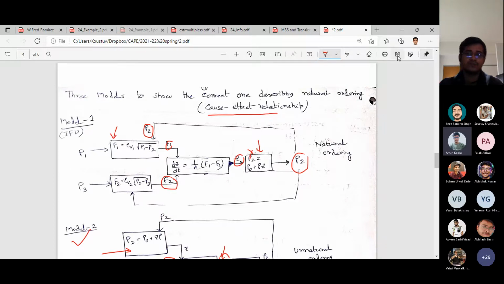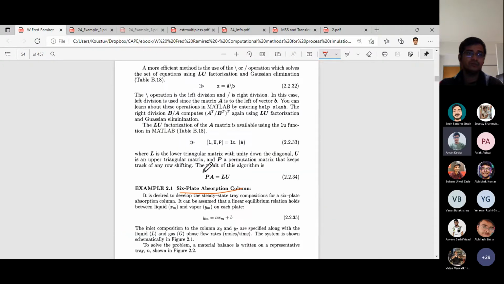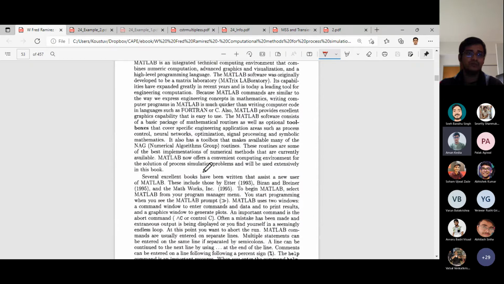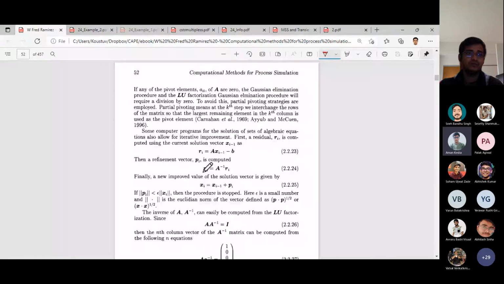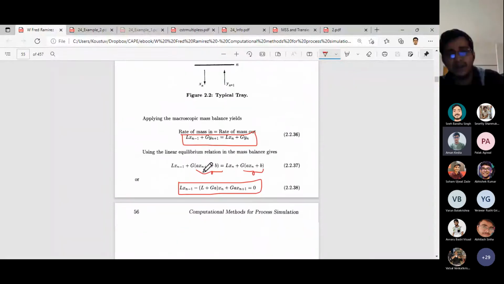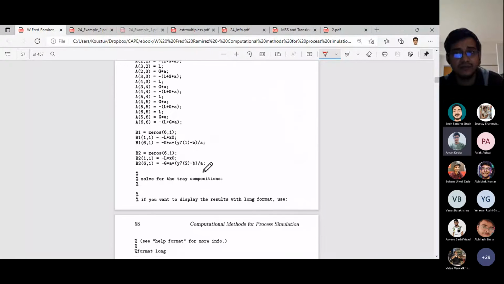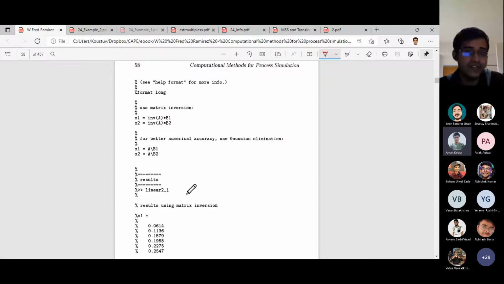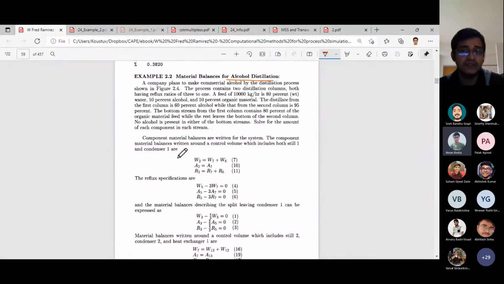Okay, so the more you practice. This Ramirez book has several examples carried out or calculated. I mean, this is given in the text. So you just go through them. You will get fair enough idea about how to make information flow diagram, and some of the example problems you can also try on your own to calculate in MATLAB and just practice it, because these codes can be easily implemented. In fact, you don't have to change anything. You can just directly type it and see whether it runs or not.